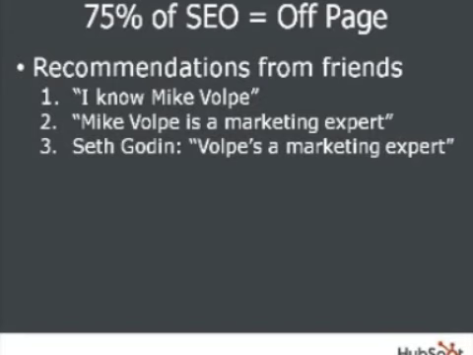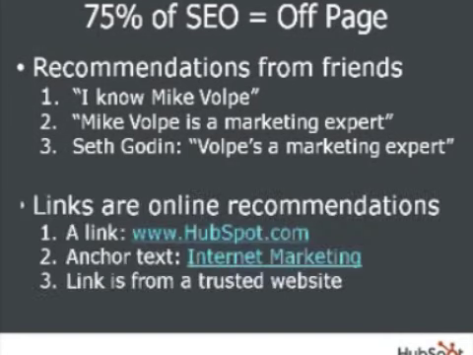And that's really, really good for me, and that recommendation should have a huge amount of weight with you. And so links basically work the same way. There are 3 different types of links, 3 pieces of information that a link can pass. One is that if there's just a link, so if someone just has Hubspot.com on another website and that links back to me, that's good. But it doesn't necessarily have any context.